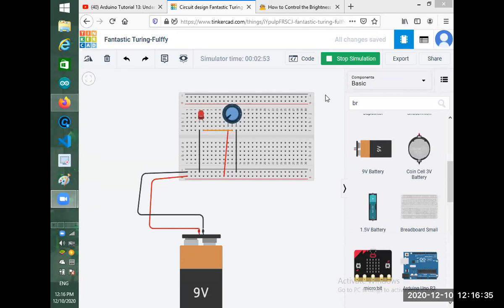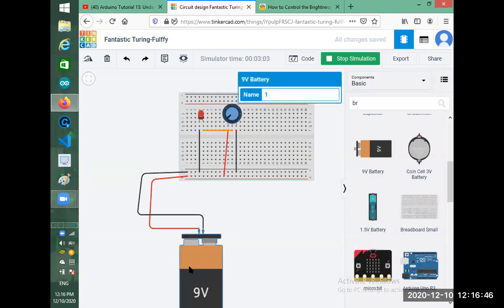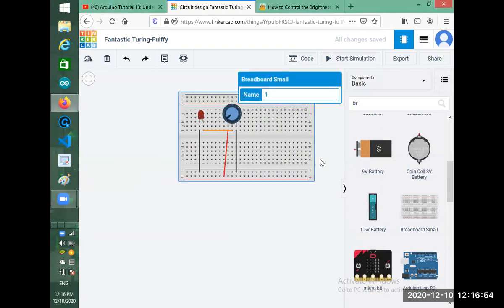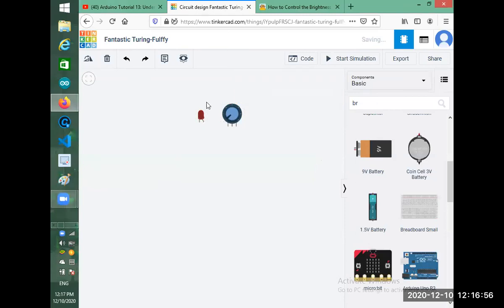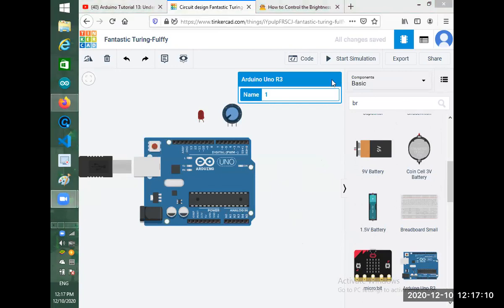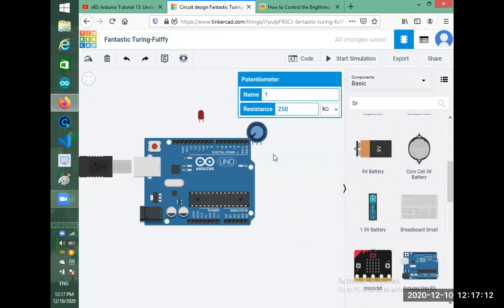Okay, so we can start with the second circuit, and for this circuit, we will take an Arduino. So we will have a second circuit, and I'm deleting all of this stuff. We require these 2 things, so we are not deleting them. And now we are taking Arduino. It will make a little bit of changes in our circuit. In the place of battery, we now have Arduino.